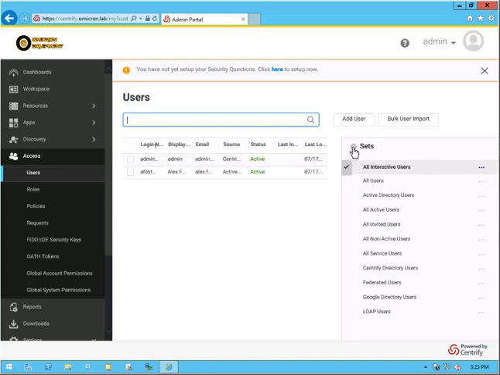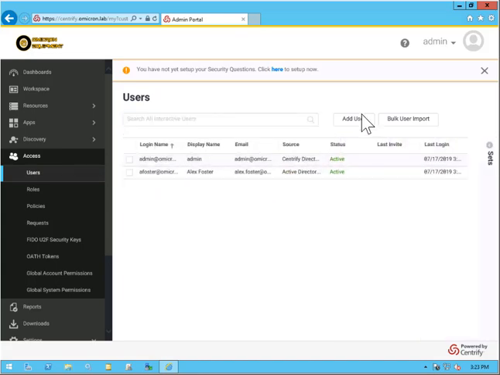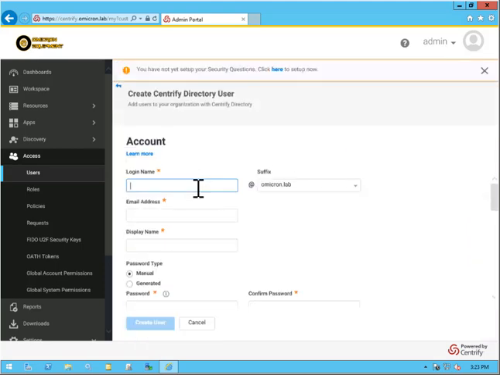And as you can see, I do have my two users. We'll talk about Alex Foster in a moment, but we're going to go ahead and add in a new user. This is going to be our support administrator. And you'll notice that the suffix is already populated for us. In a software as a service type scenario, we would have to add the domain and verify it. But since we've installed this on-prem, inside the customer's network and on a domain joined system,